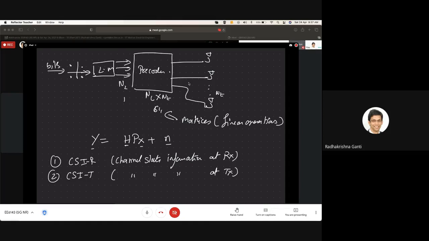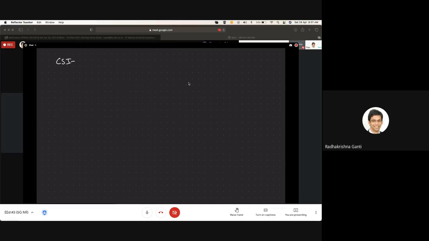So now let's discuss this a little bit. First let's start with the case of CSIR: Y is equal to H times P x plus N. Let's only consider channel state information at the receiver. From a receiver perspective, X is the data and Y is the received signal. There are two options. One: